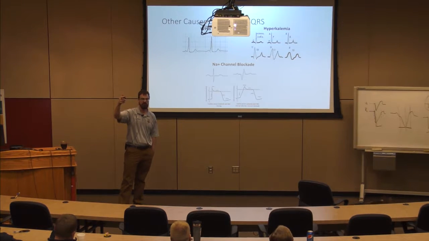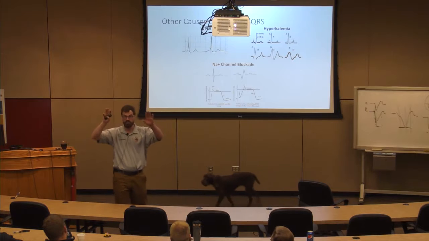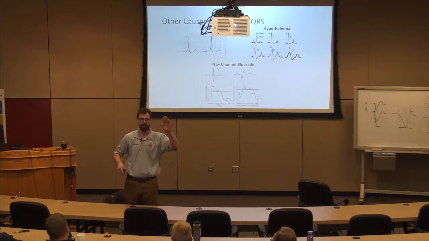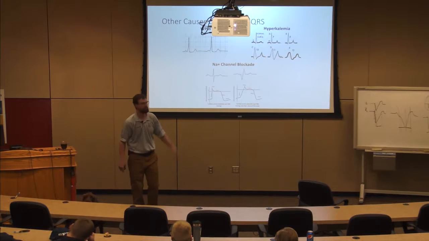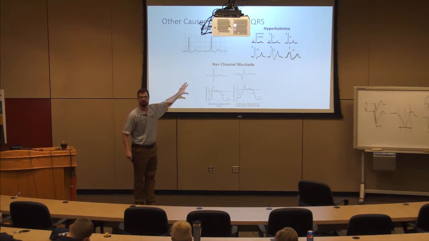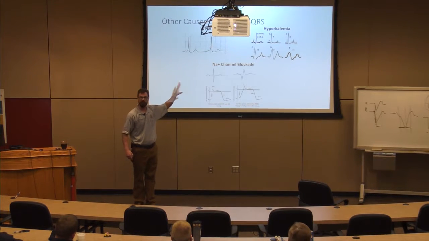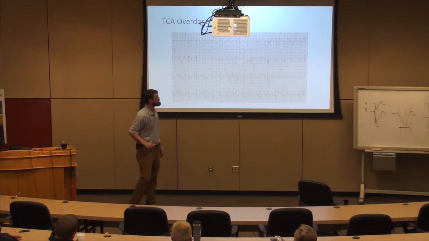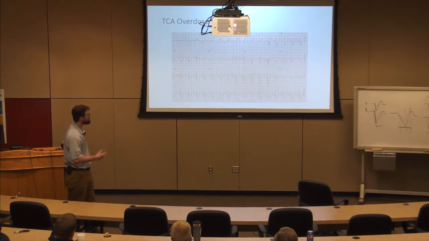So now that we understand the action potential, we understand normal intervals and why they're normal and the important elements that participate in cell signaling and how to differentiate a normal appearing classic bundle branch block from another wide complex rhythm, we can start to talk about tricyclic overdose. Okay? I know that was a lot. If we don't cover that first, none of this will make sense. Okay? So, here's a tricyclic overdose.